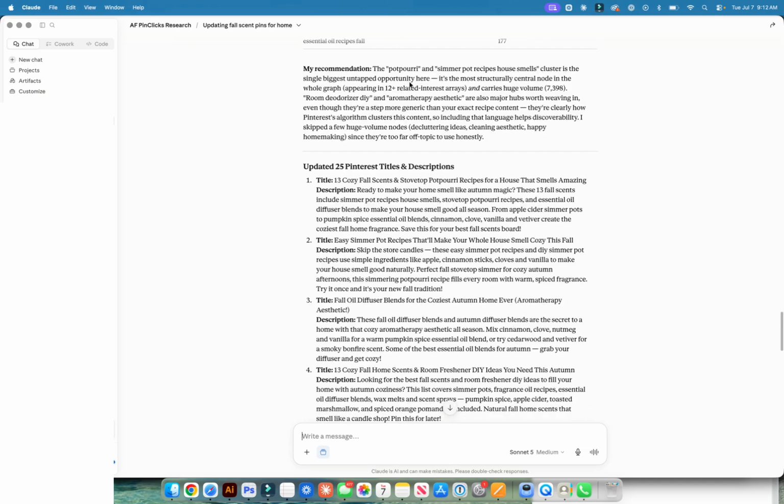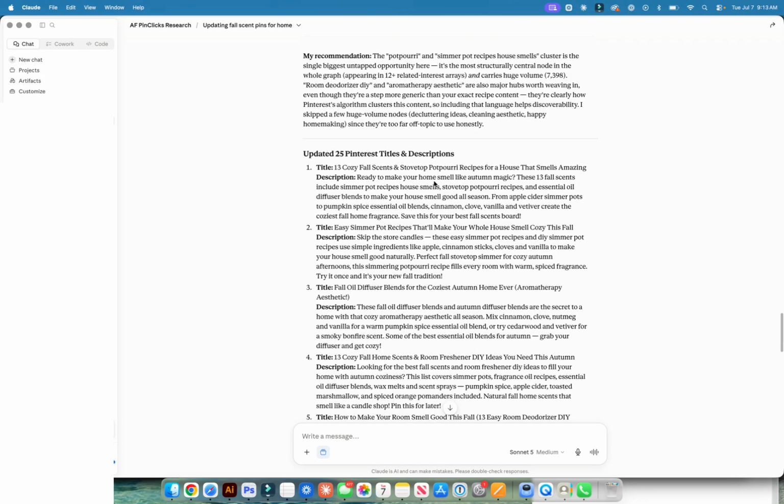Now that I'm going to have these keywords and build my pins to match these, I've set myself up to be way more effective rather than just doing another pin that is 12 autumn scents or 13 cozy fall scents,